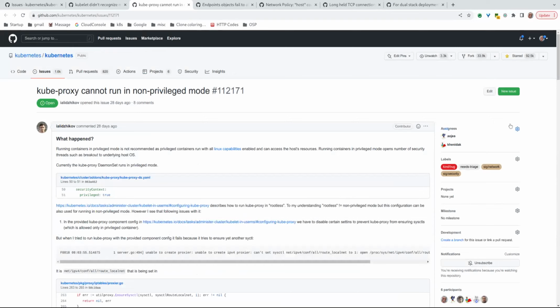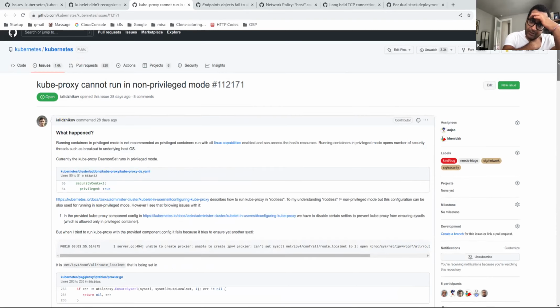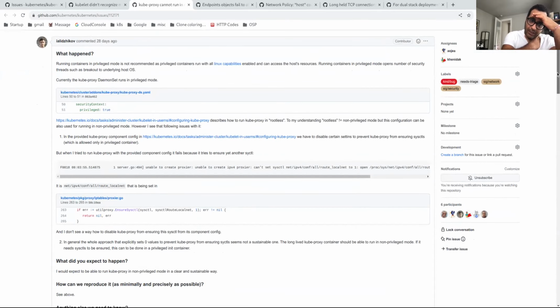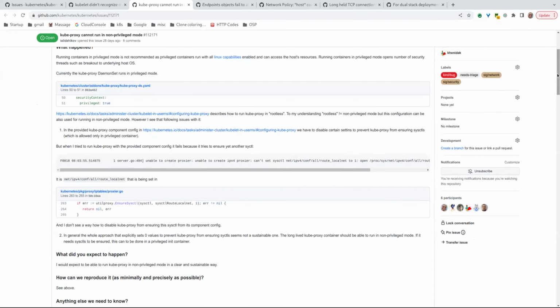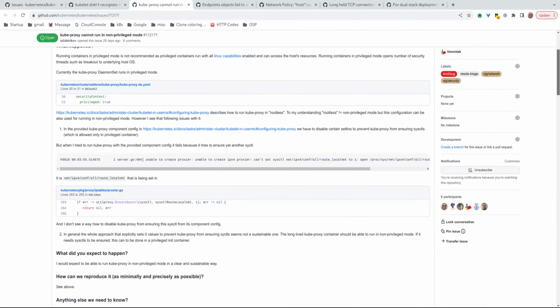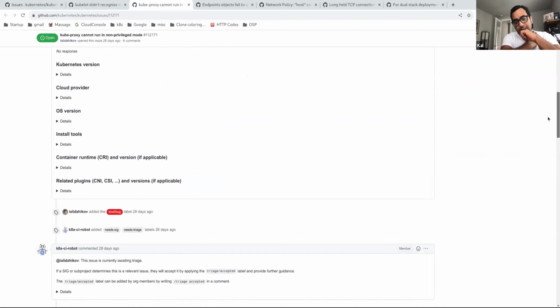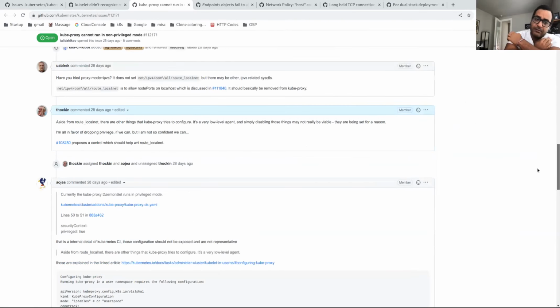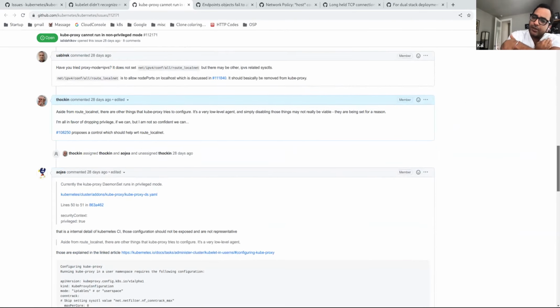I'm watching it, but there is a bunch of syscalls, as far as I remember, that need privileged mode. This might be the only problem, but otherwise it should be able to run using the netadmin capability, and that's it. Could you break out the sysctls into an init container, run that in privileged mode? Yes, that's the current thinking I had. Thank you.